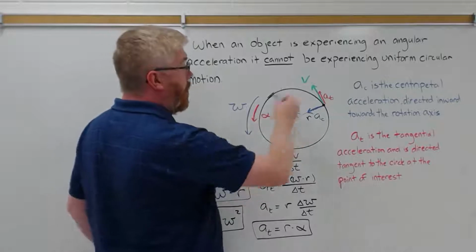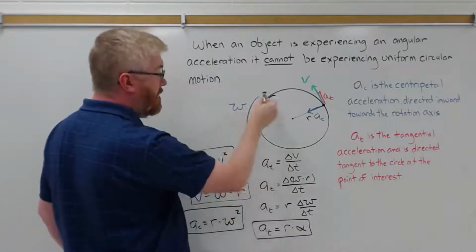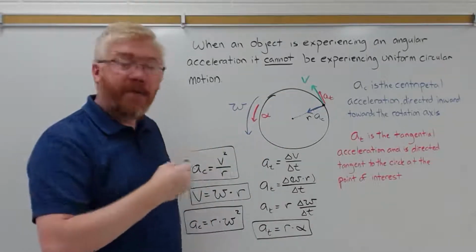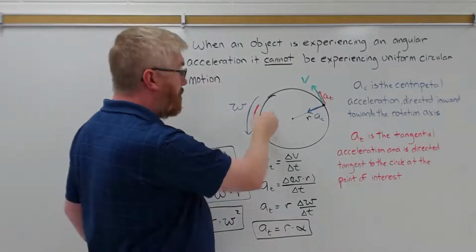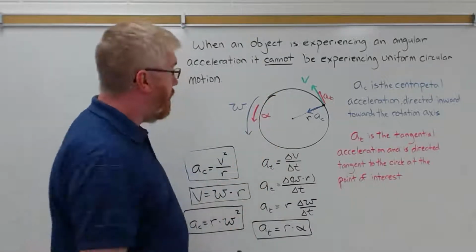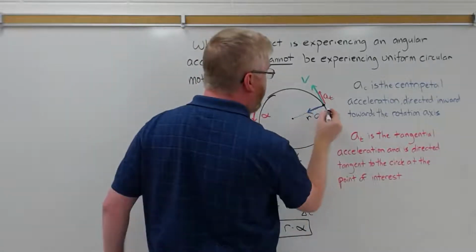So this object is rotating counterclockwise. So omega here, the rotational velocity, I have drawn counterclockwise. And it's going to be speeding up. So alpha is also positive because it's moving counterclockwise. Now if I look at some point on the wheel here,